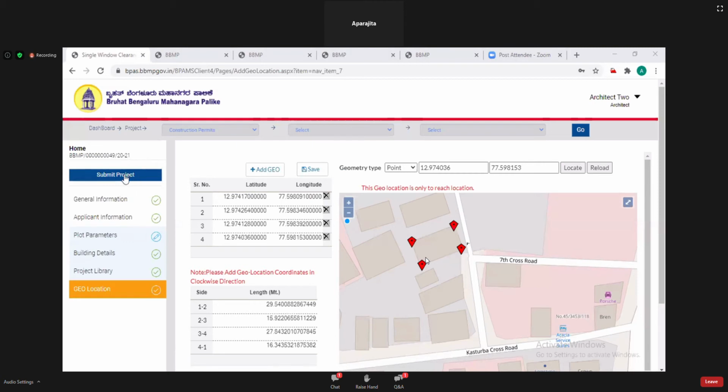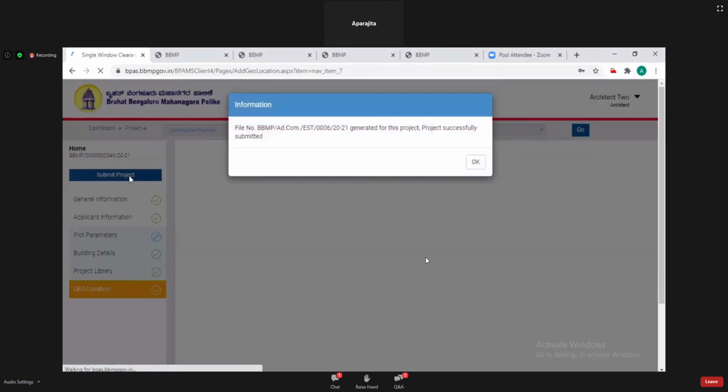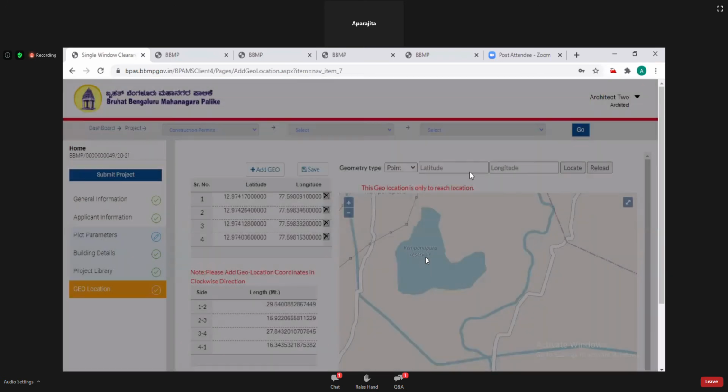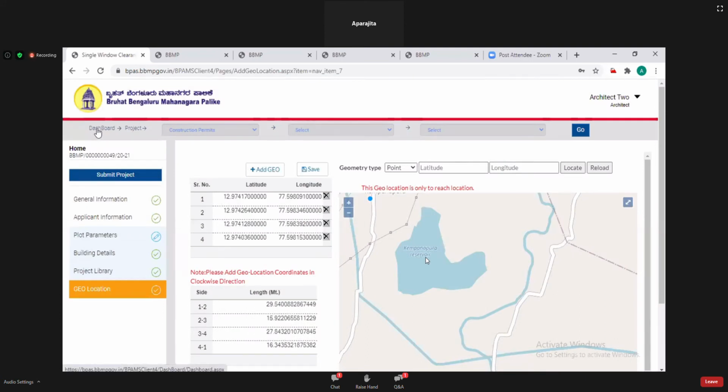Then click on submit project. So here a file number has been generated for this project. Then go to the dashboard